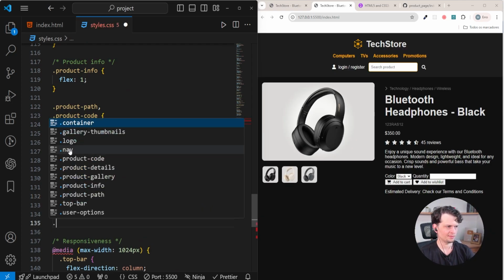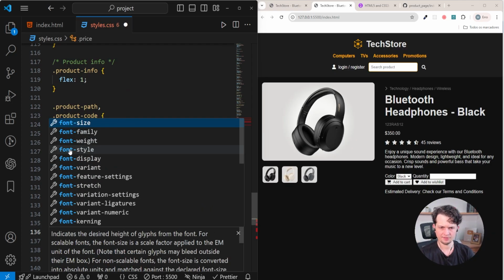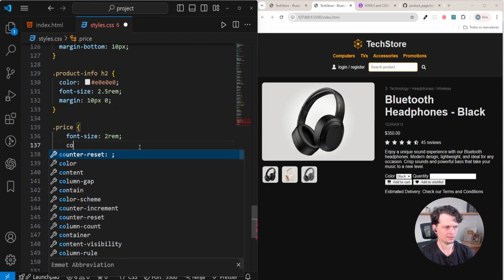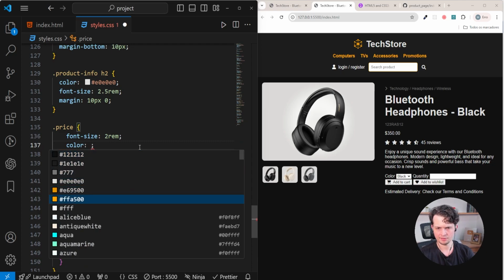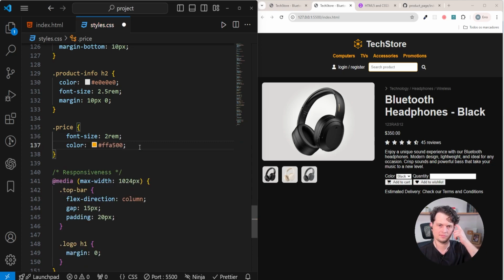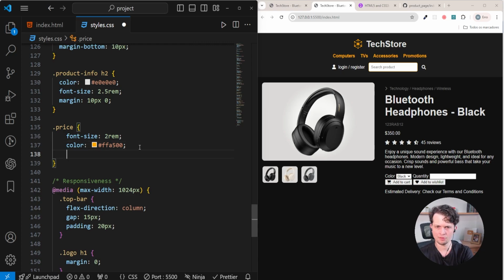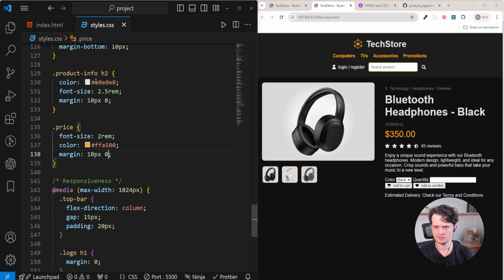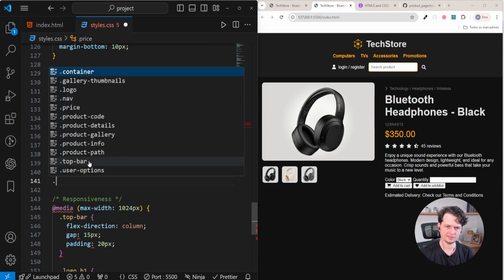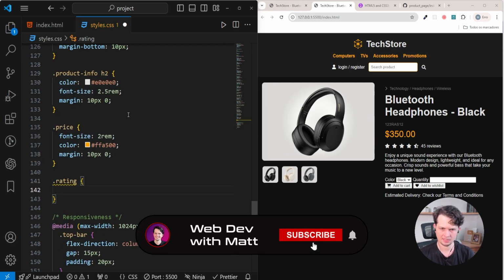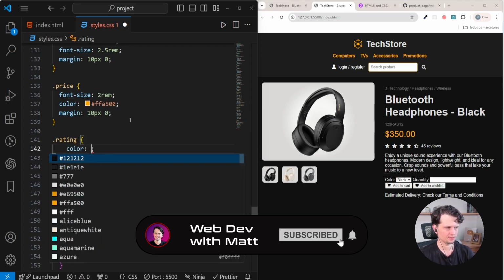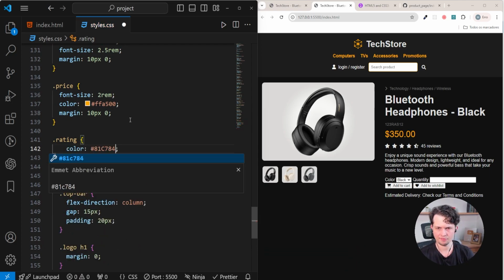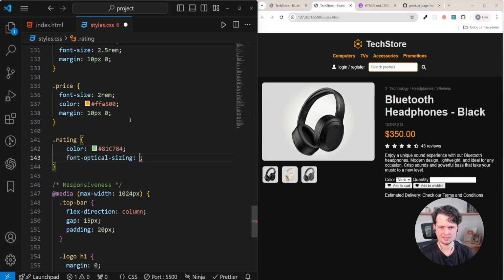So now the price, we also increase the font size to 2 rem, and color will be our orange here that we are using all over the project, and also the same margin as the title. In the ratings, we have kind of a green color, so color 81C784, and a font size of